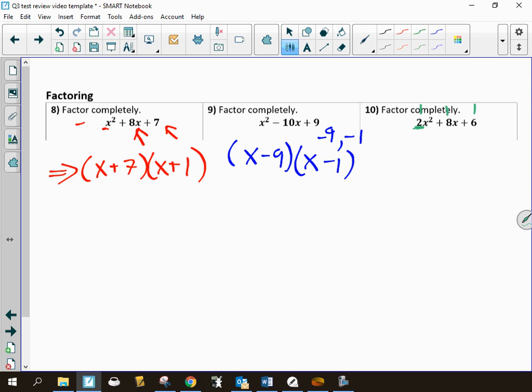For this one, it looks like a is not 1, but you will notice that all the coefficients are even, which means there is a greatest common factor of 2. So now I'm just looking for two numbers that multiply together to give me 3 that add up to 4. And so that would be